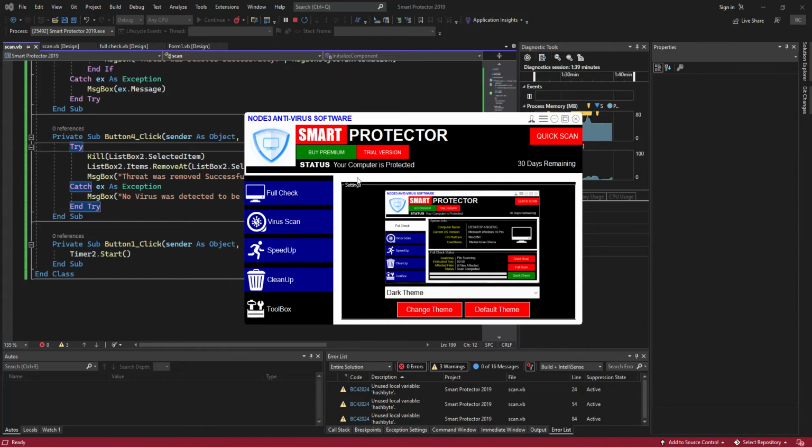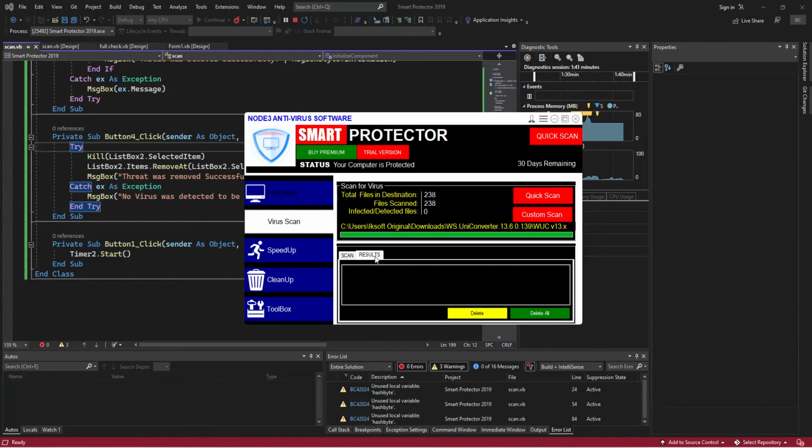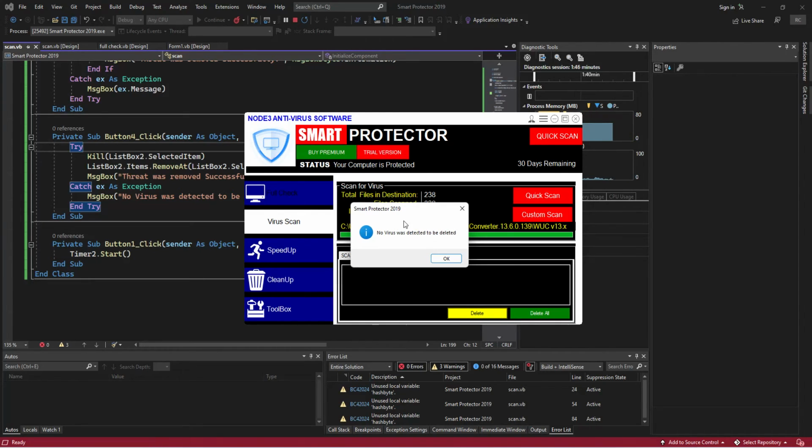they are really amazing. All right, so now we don't have any virus detected on my computer, so I just click on delete to just say no